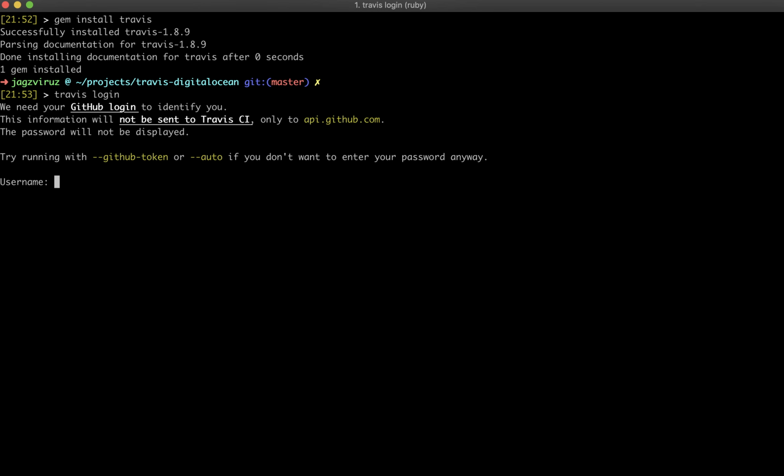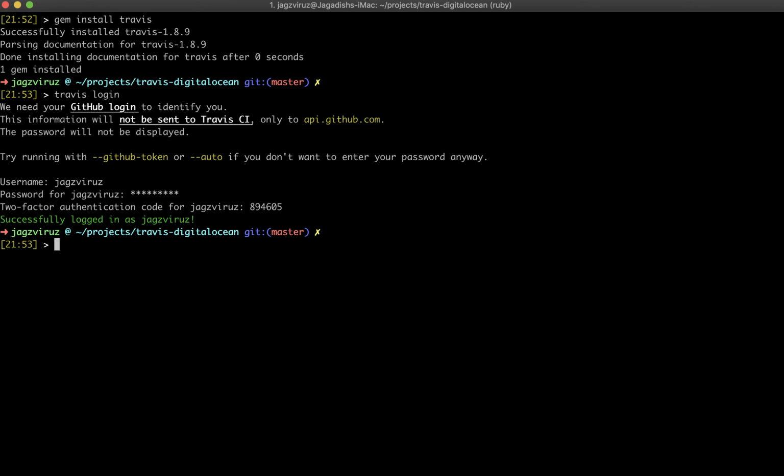and it will ask for my GitHub username, my password, my two-factor authentication code which I get from my device, and I'm successfully logged into my Travis account. Now this is done. I need to encrypt this file that was created that contains the RSA key, because I obviously don't want my RSA key to be publicly available, so it needs to be encrypted. So I'm going to encrypt this file,